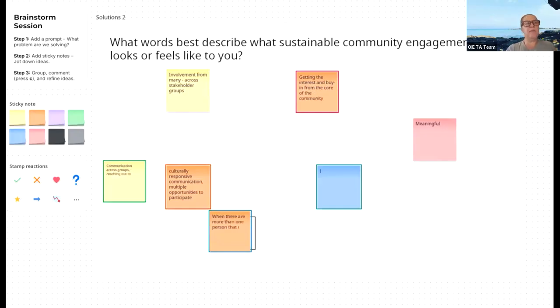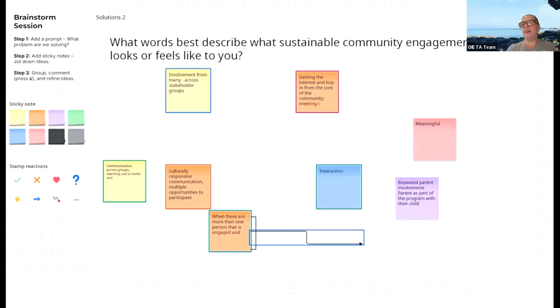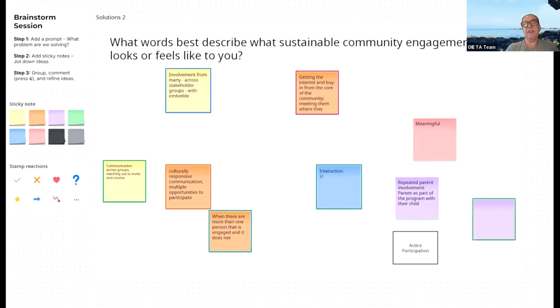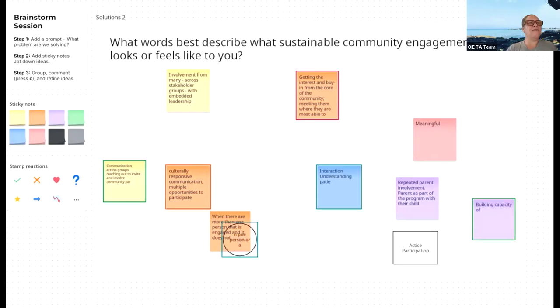So throughout this, we'll be focusing on community engagement, and I wanted to share that we want to start off our thinking and sharing around engagement.